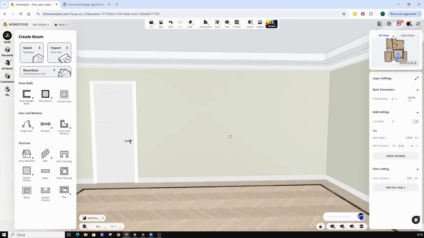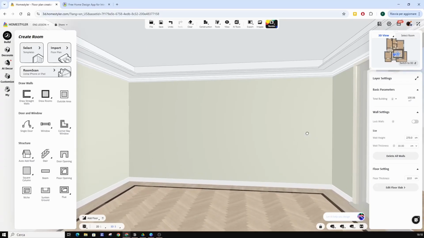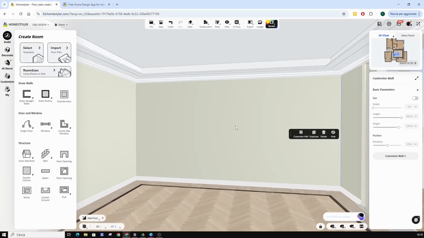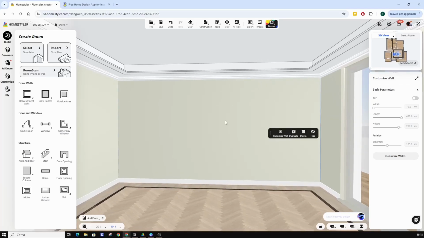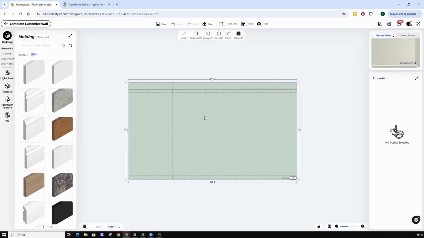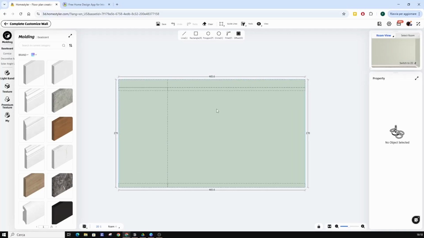Let's look at other wall customization options. We select a wall and want to draw panels to which we can apply mouldings and possibly assign different colours from the rest of the wall. We select the wall and click Customize Wall. The wall appears, showing dashed lines indicating the height of the ceiling, moulding and baseboard. Using these guidelines, we can start entering values to create our panels.